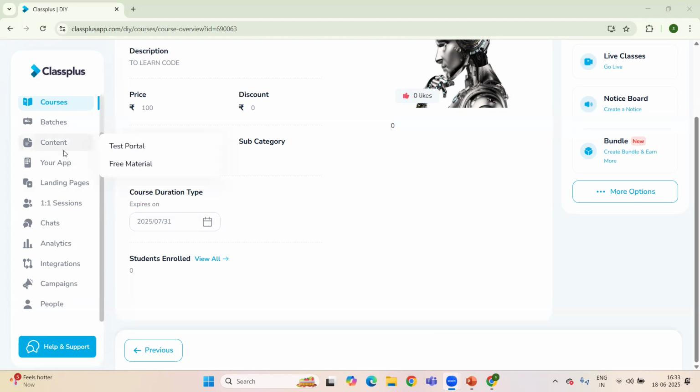What are other things here? Test portal, how we can create any kind of test through this application, how we can create any form through this application, how we can manage the one-to-one sessions, how we can see the registered students, and how we can create team members. So we will discuss all these points in tomorrow's session.